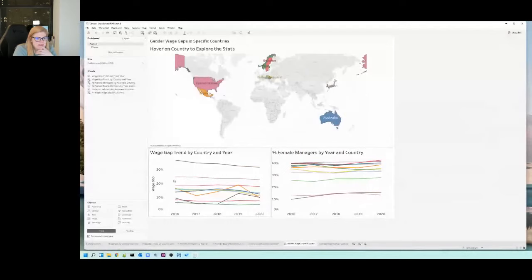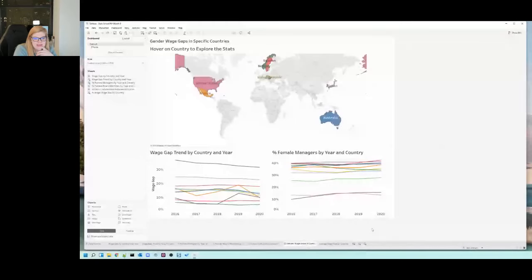So now we come in and we look at the United States. We can see where that is compared to its peers. We've got a nice sort of comparative analysis along the way. And then the last thing I want to leave you with, just to show you the art of the possible, and it's not going to make its way onto the dashboard, but I thought this would be a fun thing to show you,